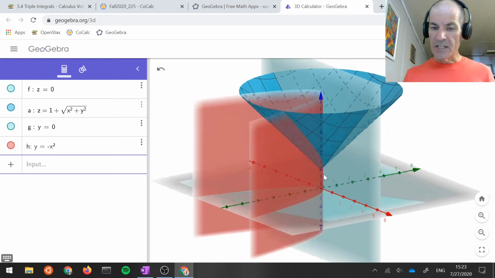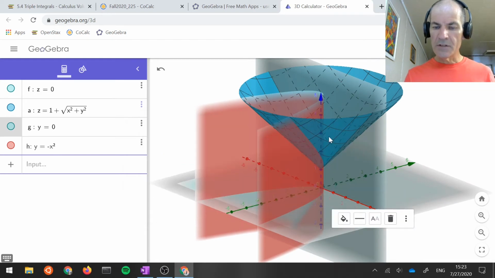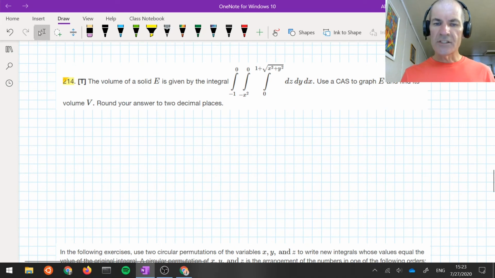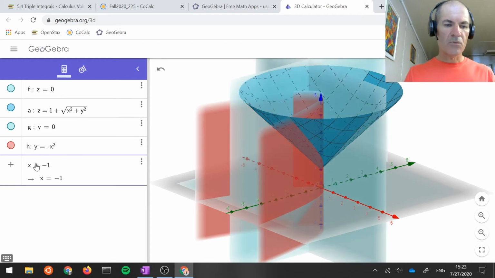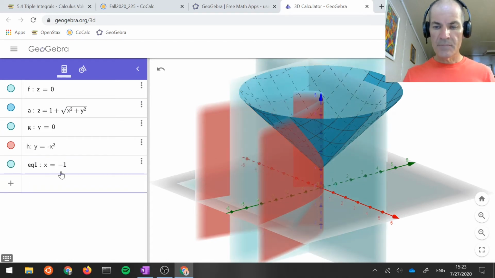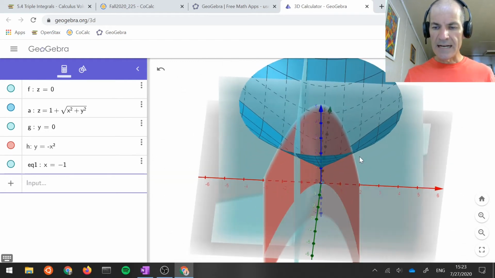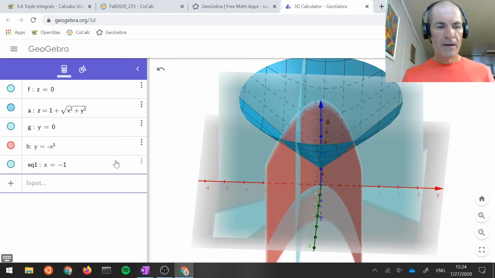Okay, what's z doing? Just as a reminder, z is starting down here at the bottom and going up to the surface. What's y doing? It's starting on this plane and going out to this parabolic cylinder. Last, not least, what is x doing? x is going from minus 1 to 0. So let's look at x equals minus 1, yet another plane. Where is x equals minus 1? So here's the x-axis, the red axis, and here's minus 1, and we can see the new plane here is this guy. And going up to x equals 0,